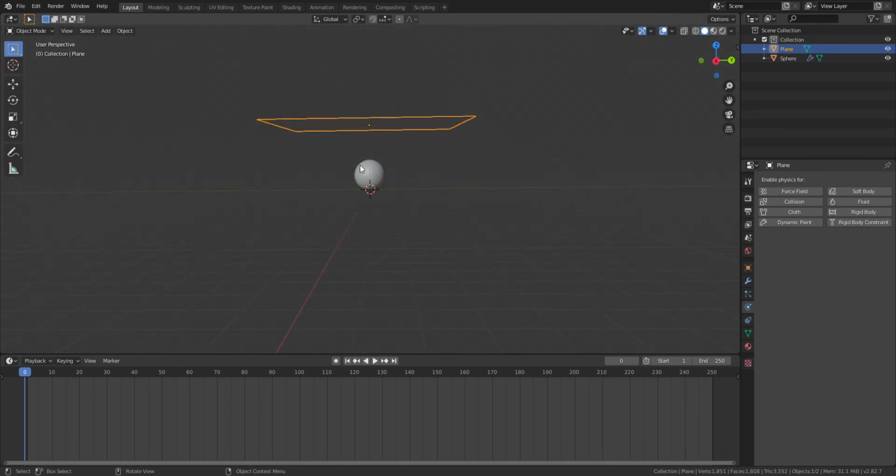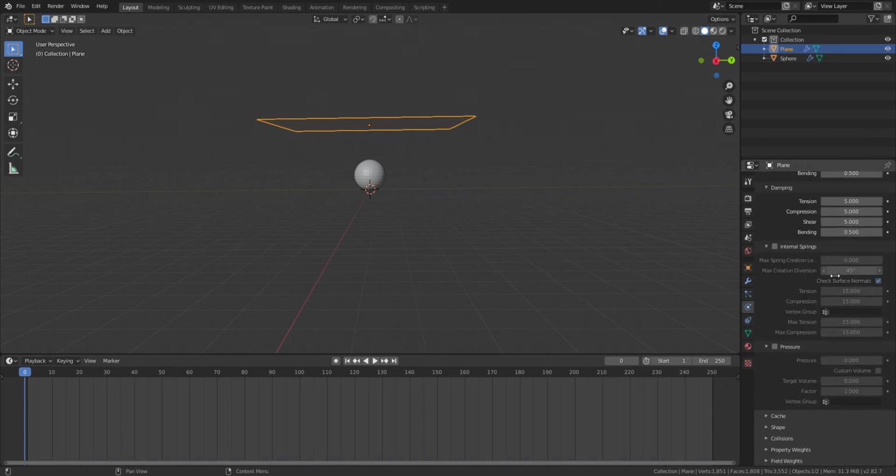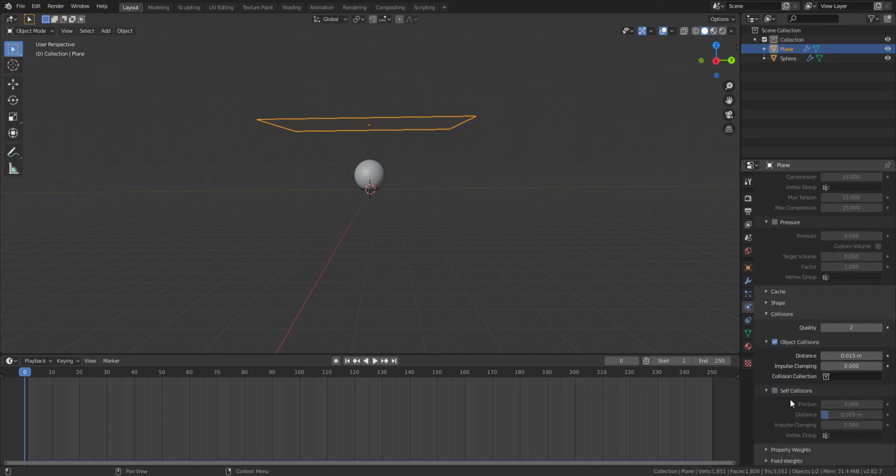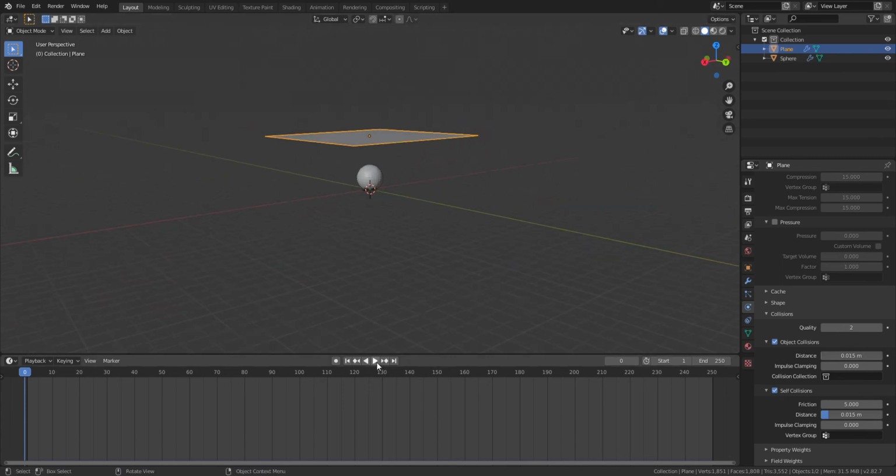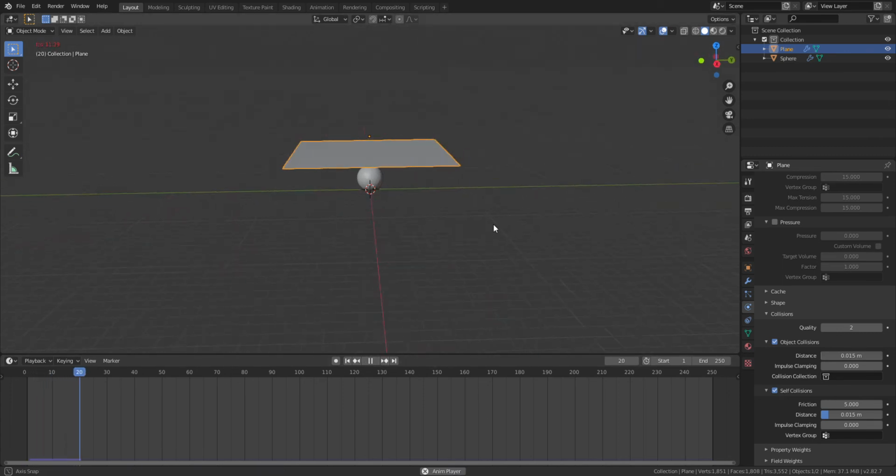Now press Tab and go to the physics properties and press cloth. Scroll all the way down to collisions. Click on this and press self collisions. That should be good. Now, when you play this,